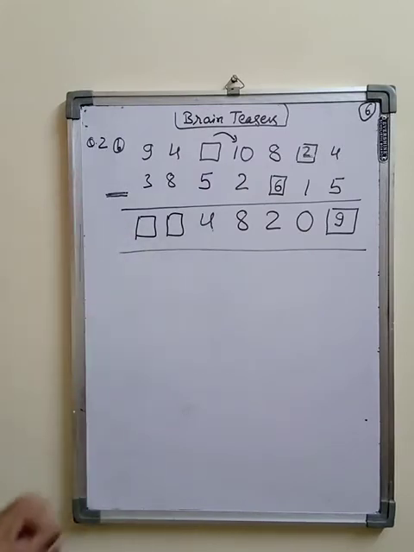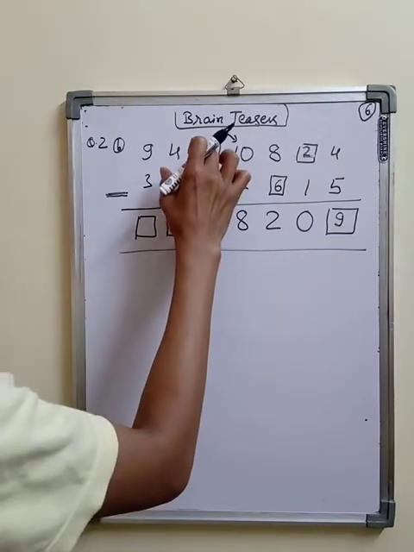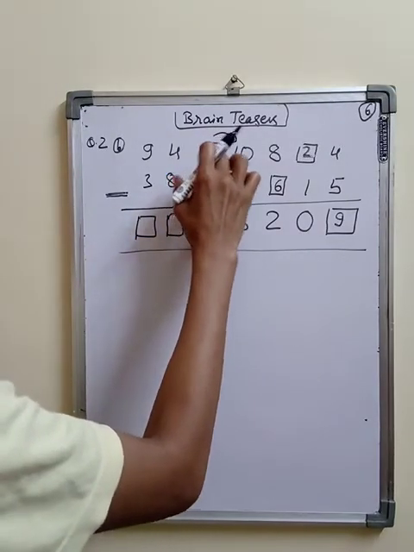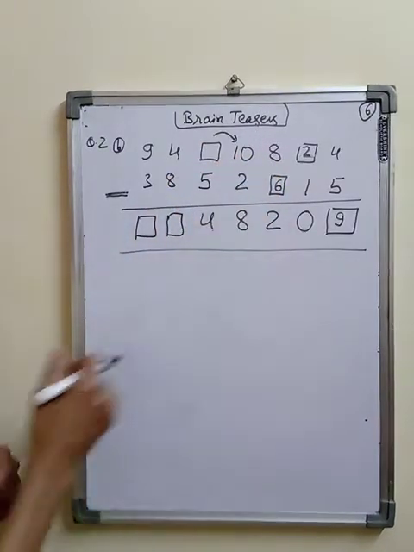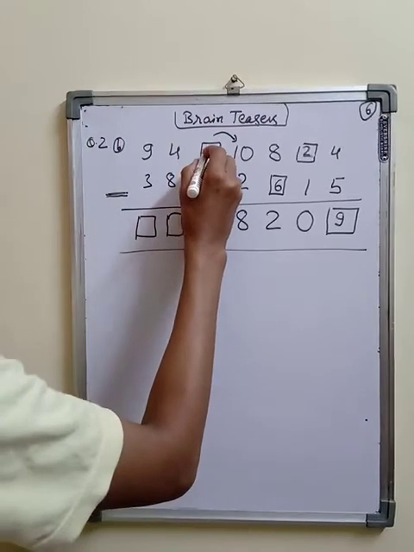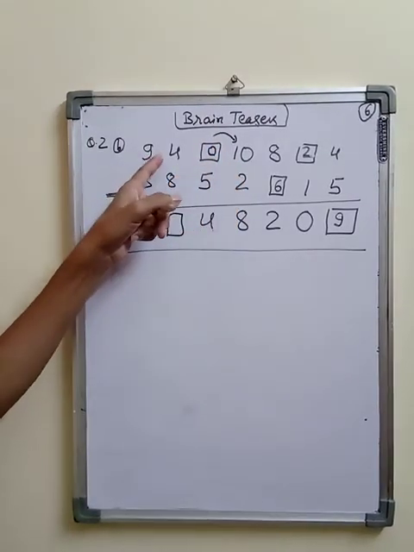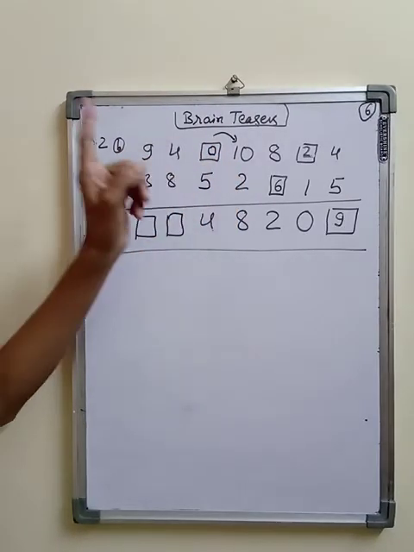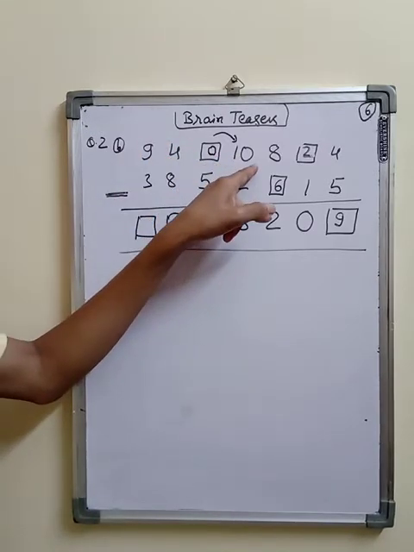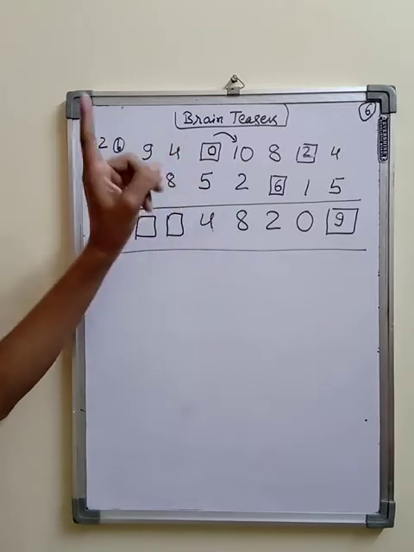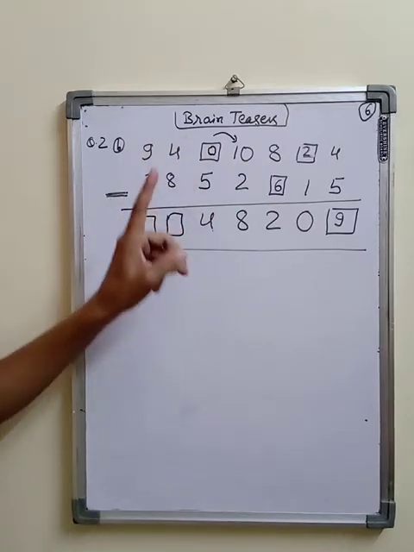So think over that, what we can write. If I write here 9, then it will become 1 given to them, this 8 minus 5 not possible. So this will be 0. 0 means when we borrow from here, it will become 10, and 10 from here 1 carried, then this will become 10. So 10 minus 1, 9, 9 minus 5, 4.